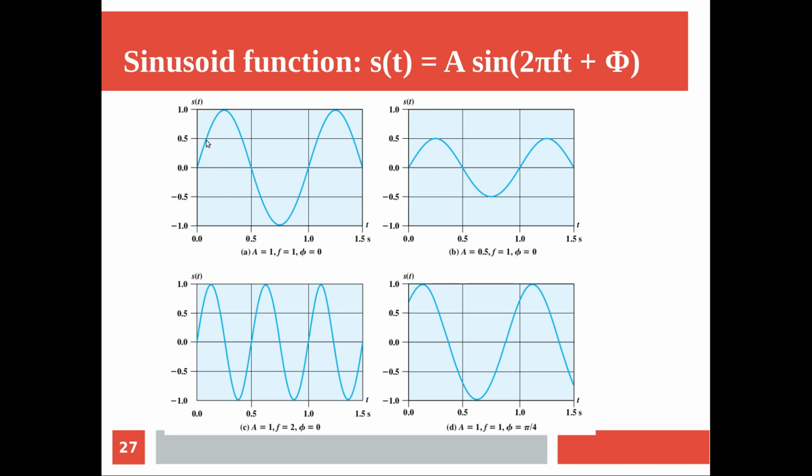So it is like this particular portion. If you take the total signal as something like this, this is half of the cycle, this is 1/4 of the cycle, and pi by 4 means 1/8 of the cycle, and that is the shift. So you have a signal with a shift of pi by 4, and it starts like this. These are all some examples of the sinusoid function.